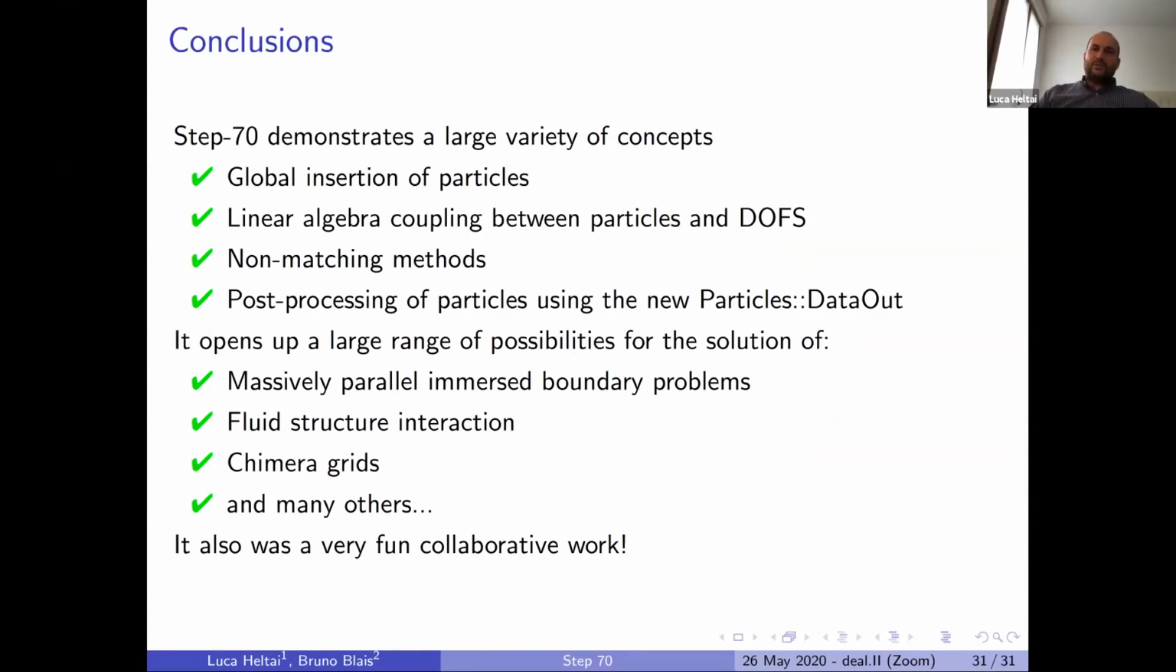So I think the take-home message of step 70 is that we try to demonstrate a large variety of concepts without really trying to concentrate on the best fluid structure interaction approximation. However, if you want to do a fully massively parallel distributed fluid structure interaction problem with non-matching methods, you will have to pass through exactly the same steps that we have shown here, plus the addition of the solution of an elasticity problem on the solid and the coupling between the two, which can be done in a way very similar to all the other steps,